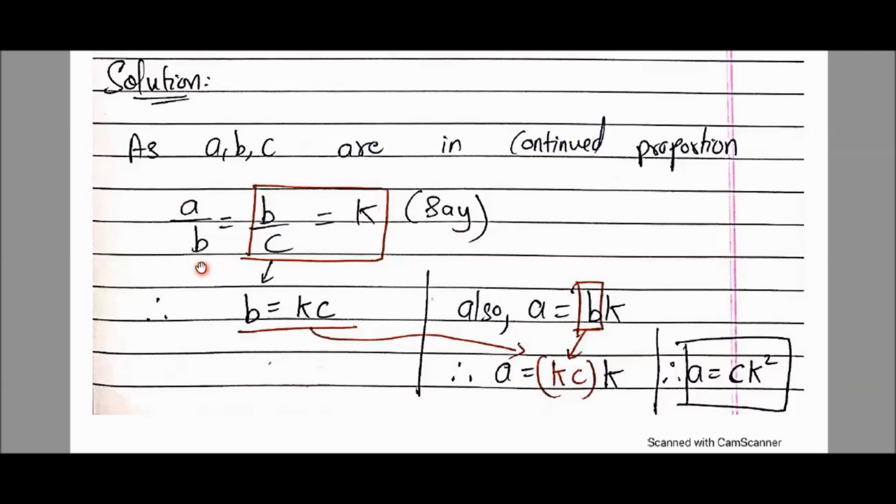Okay, so A upon B was one fraction, one ratio. It was given equal to B upon C. Both the ratios were equal. So what I wrote is equal to K. "Say" means I'm assuming that both the ratios were equal, so now I'm saying that both are equal to K. Now students, pay attention carefully. I want to highlight this thing. A upon B is equal to B upon C, and B upon C is equal to K. So can I say this A upon B is also equal to K?